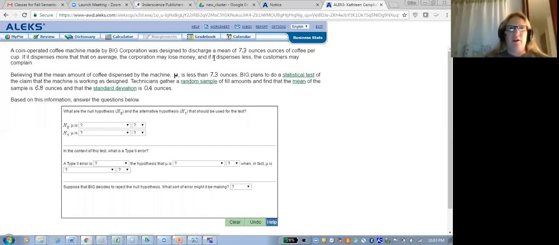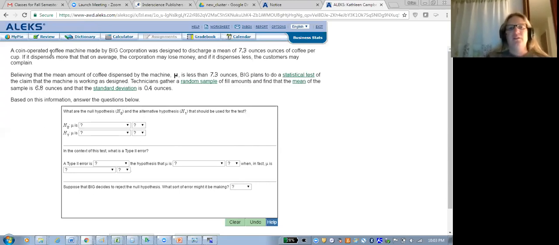Whenever you have a hypothesis problem, even before I read it, you're looking for words like prove, claim, show, give evidence. Anything that gives you directionality, that's the alternative hypothesis. The null hypothesis is what people already believe. It's that change or that difference that we're trying to prove. So when we read a question, we want to read it from, okay, what am I trying to prove in